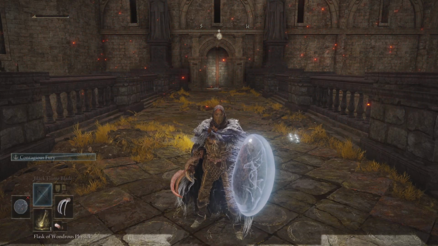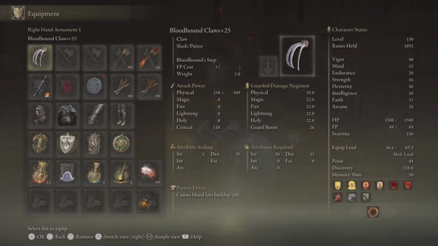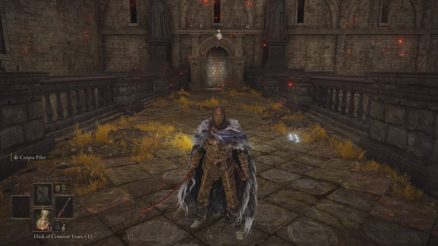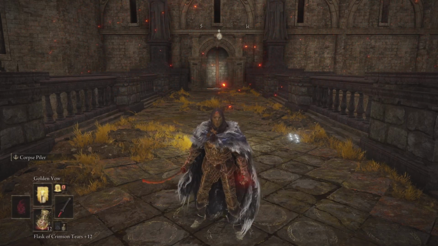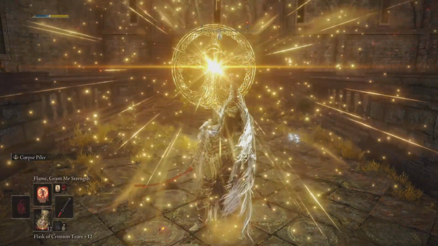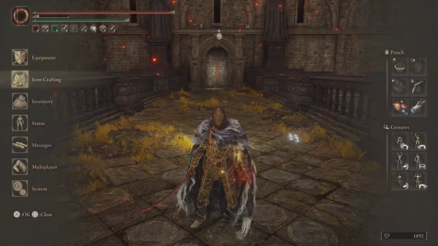I'm gonna do one last demonstration here of a very simple buff that you can apply if you're using a bleed build that 99.9% of the population is using right now. You can go with simply Golden Vow. I'm gonna show you my numbers here. We're looking at 596, almost 600 damage. I'm casting Golden Vow. Then Flame, Grant Me Strength, just a couple casts,